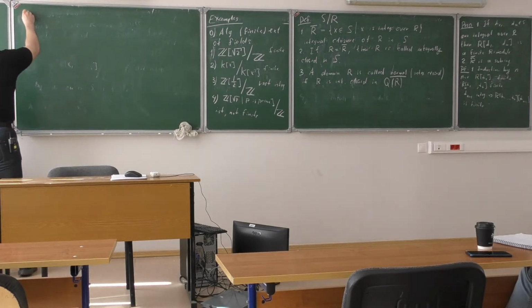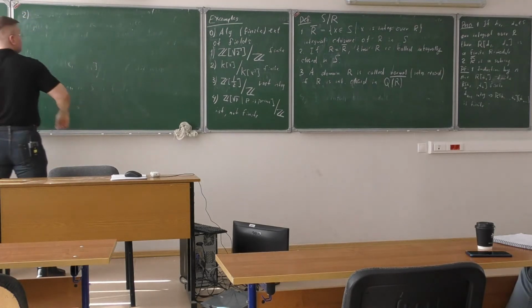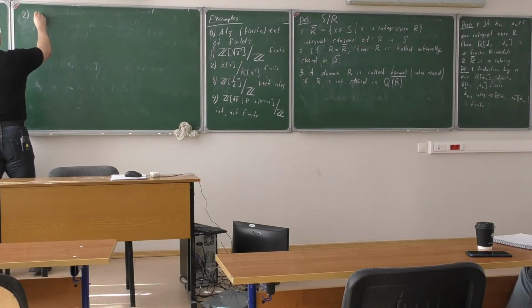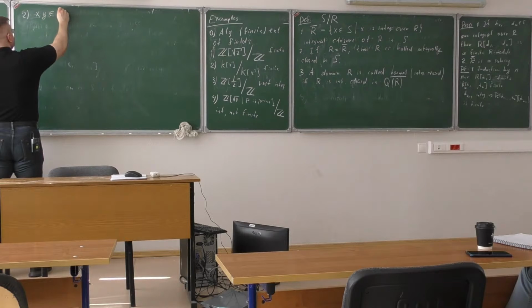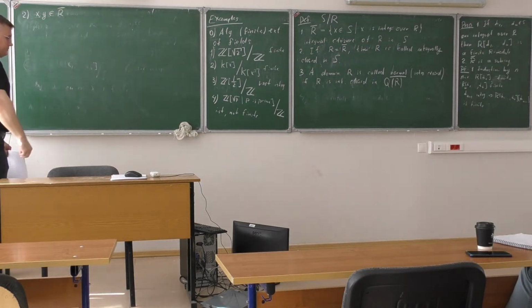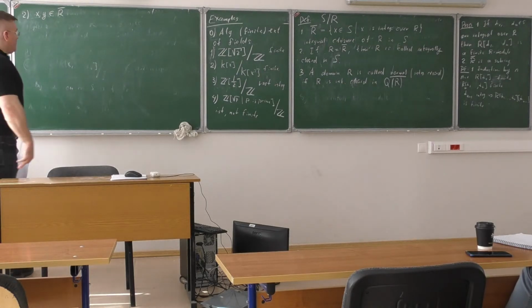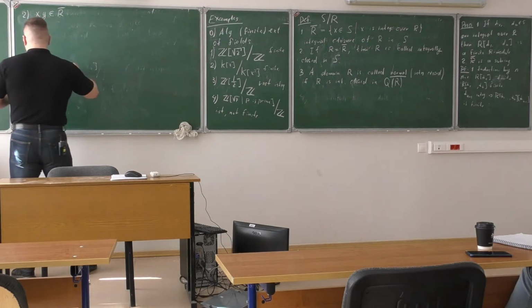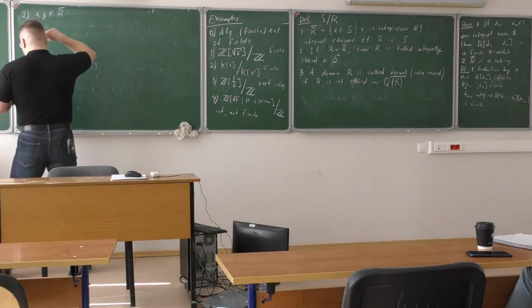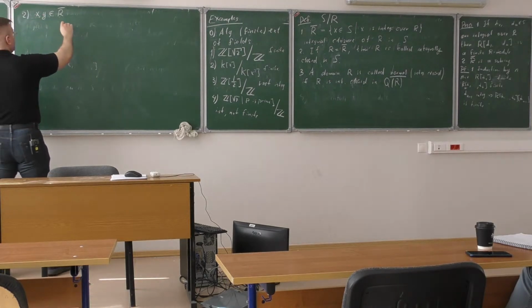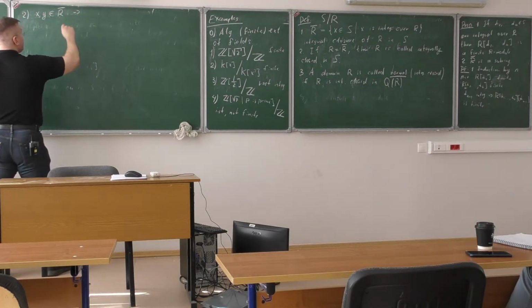And finally, part 2. So we want to show that R bar is a subring. Well, let's take x and y in R bar. What I want to show is that R bar is closed under taking sums and products. But this follows immediately by the observation that these two elements are integral elements. So by part 1,